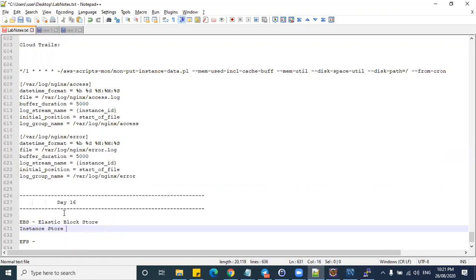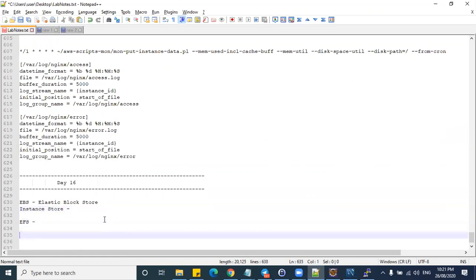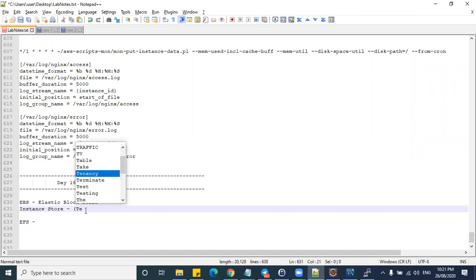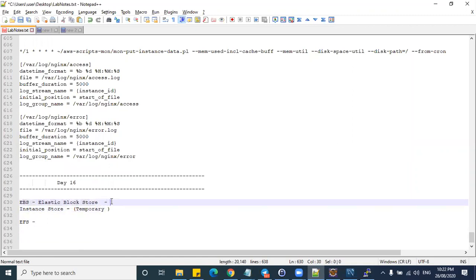Can I ask what is instance store? Probably the store which comes along with the instance. Yeah, along with the instance, and it is a temporary store, right? Which we have discussed. So this is a temporary one, and in the EBS we have seen,